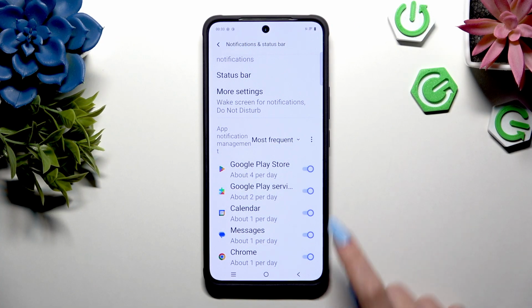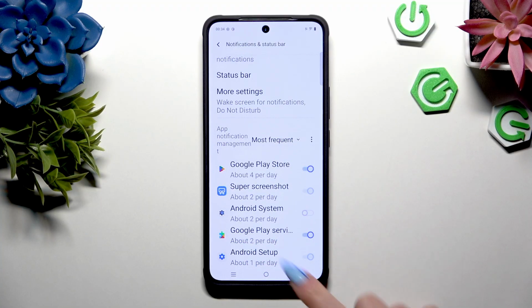Last but not least, click on those three dots and select Show System Apps to manage notifications for all of